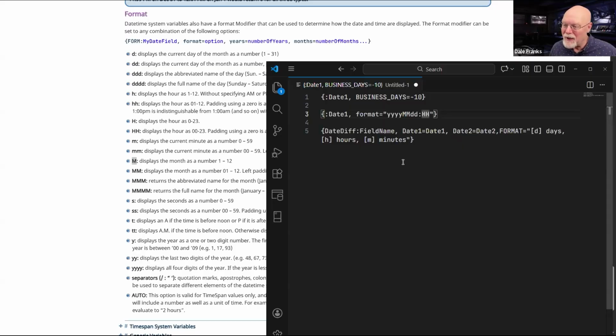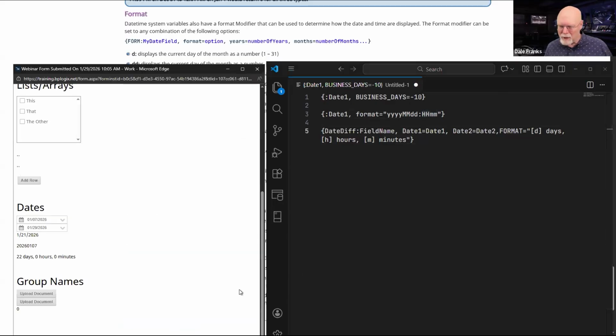So it's super important that you get that right. HH, MM. So that would give me both the date and time in 24-hour format as a full date time group. So if any of you are doing any work with the DoD, that may be a date time format that is familiar to you. And then there's the date diff, which now being configured correctly gives me a specific amount of time.